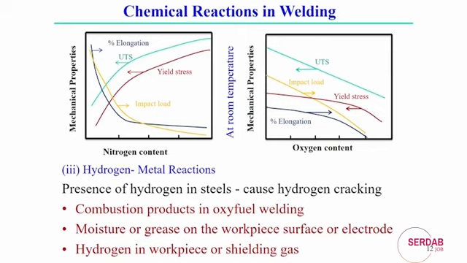But in another way, we can also find that the ultimate tensile strength and the yield strength actually increase with increasing nitrogen content. So in that sense, the presence of nitrogen is sometimes used beneficially to increase the ultimate tensile strength of the joint, or if we try to improve the yield strength, then nitrogen is helpful